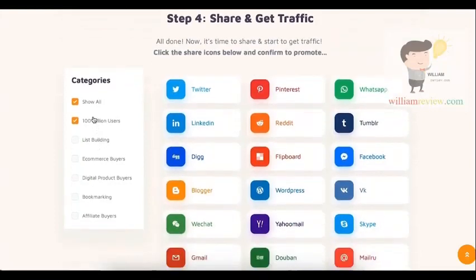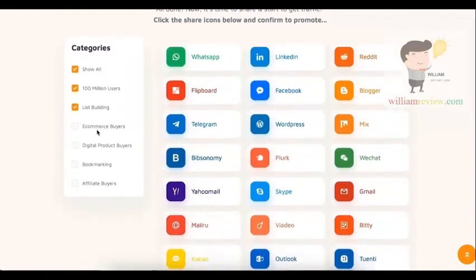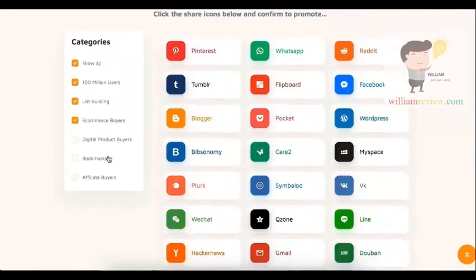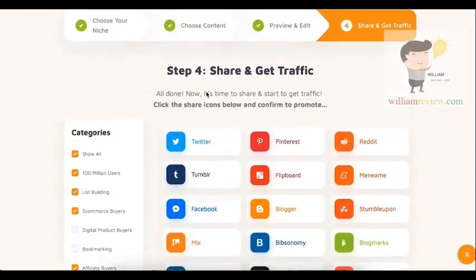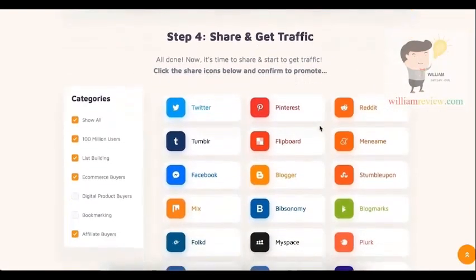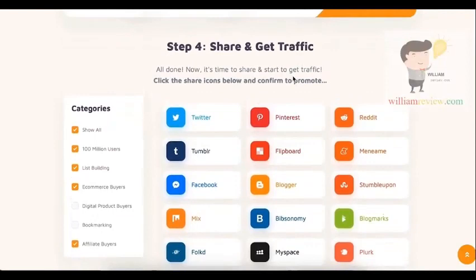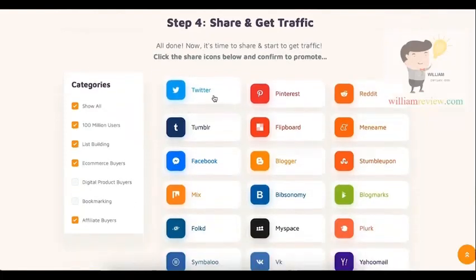So sites that have over 100 million users, ones that focus on list building, ones that focus on e-commerce buyers, and so on. So the last step is it's time to share this site so you can start to generate traffic. So if you click on, for example, Twitter,